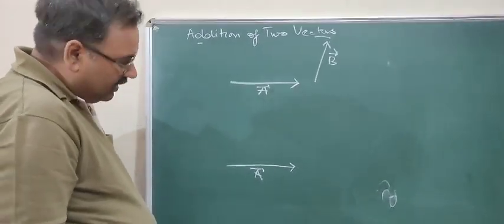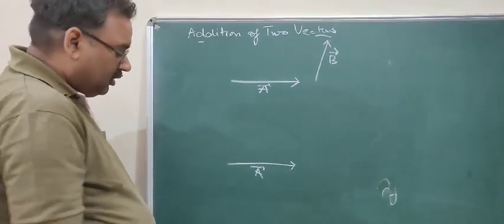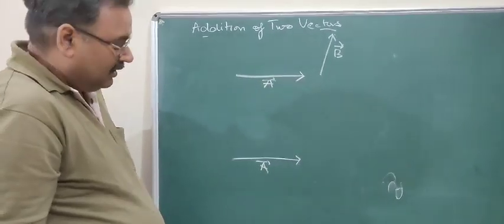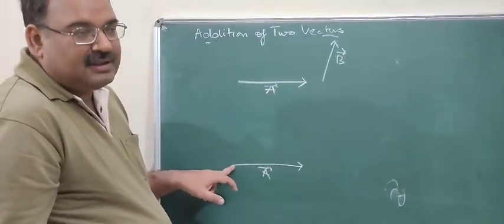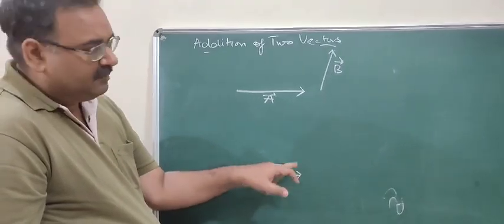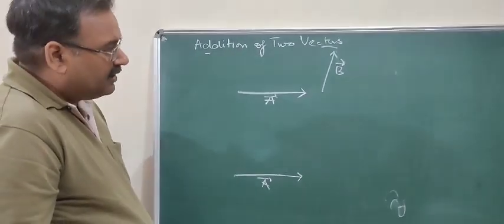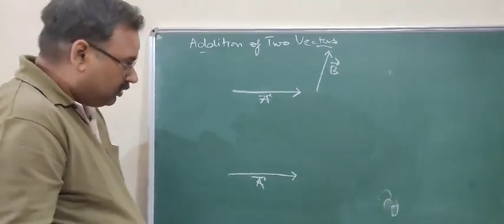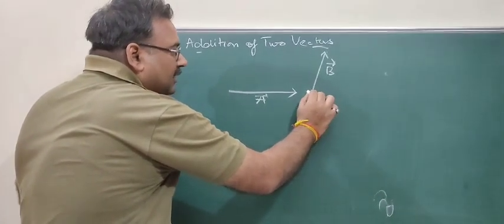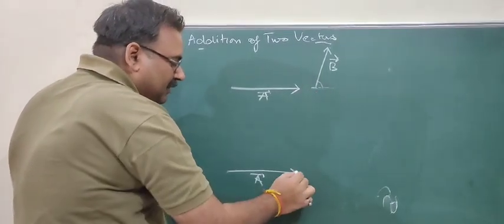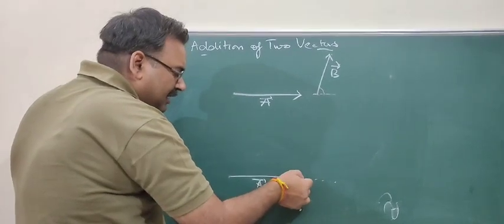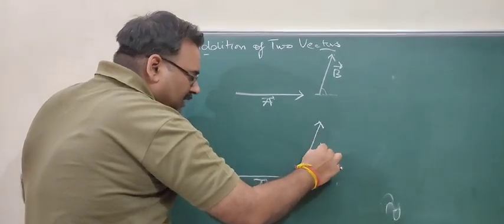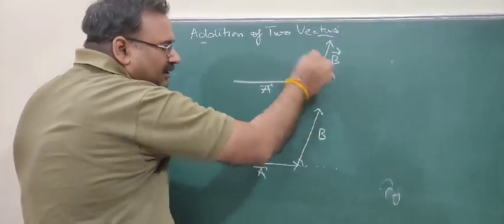Now we have to add vector B. Now this is the initial point of vector A and this is the final point of vector A. Okay, the tail, the starting point, this is the initial point, this is the final point. Now we have to add vector B to this, so we will draw a vector parallel to vector B at the same angle to the horizontal. So the angle that this makes with the horizontal, at this same angle we have produced it here, and measuring the same angle we have drawn vector B. This length will be equal to this one.